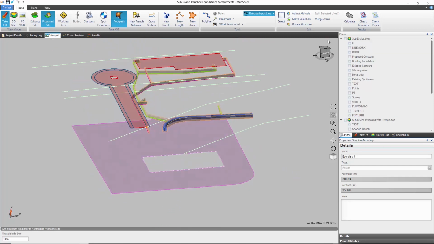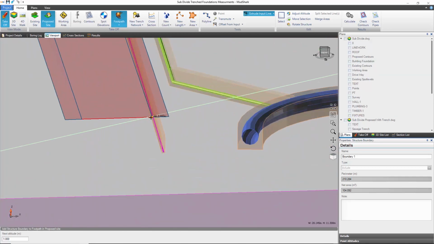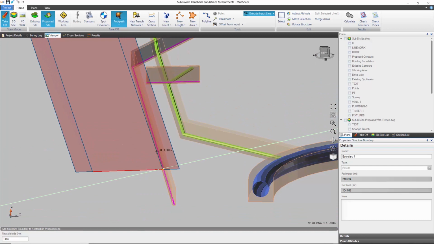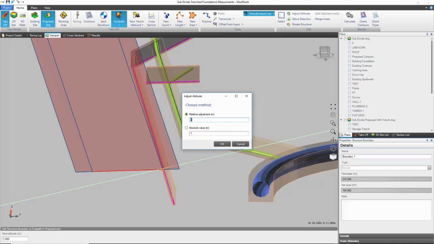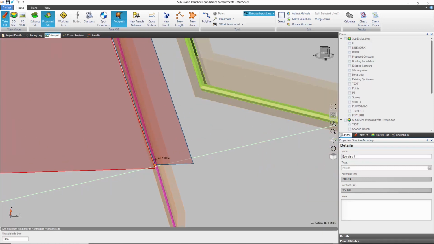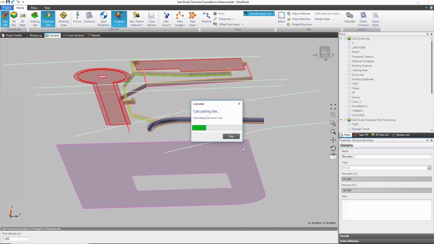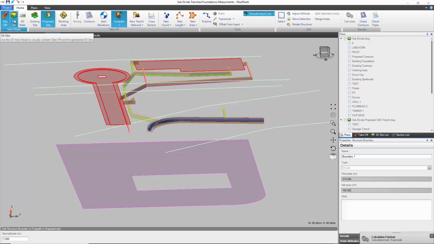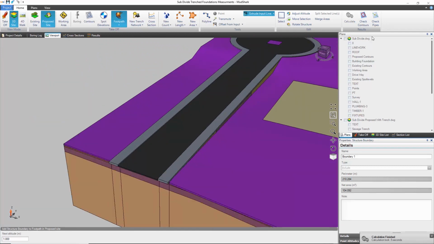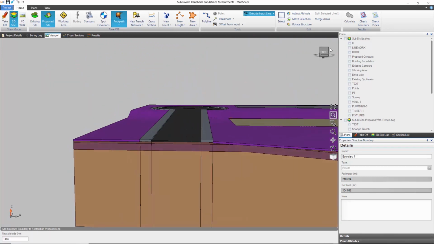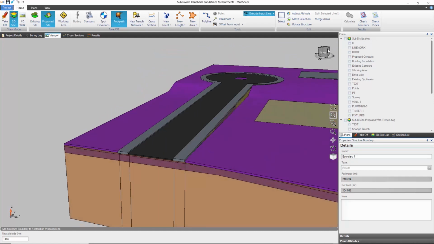And now if we rotate that up, we can see that's come out in line with the driveway. So if we actually wanted to put that up a bit, we've got all the other tools available, so we can come in and do adjust altitude. Say we wanted it a little bit higher, we can go 0.1 up and just go OK, and we've adjusted that up so it sits a bit above the driveway. So let's hit calculate. And go to the 3D site. So you can see now we've generated very quickly a nice parallel footpath running around the building,